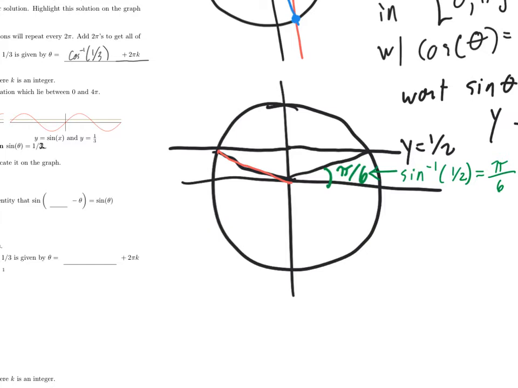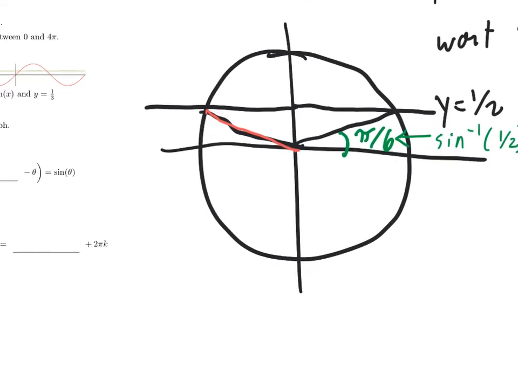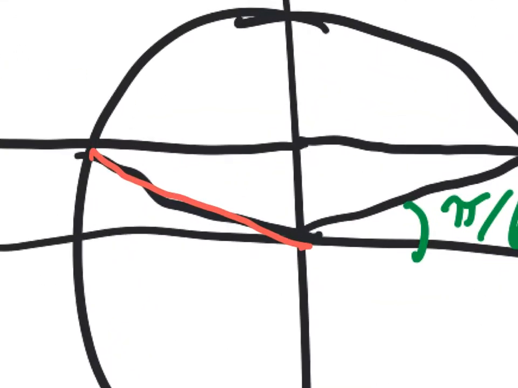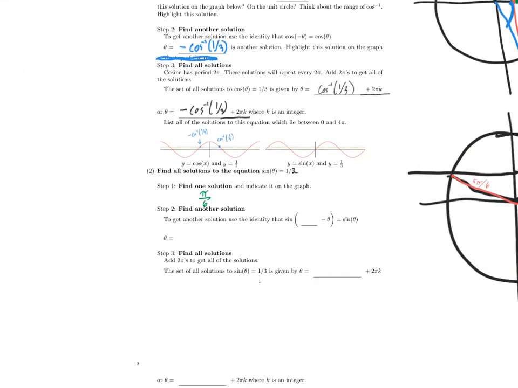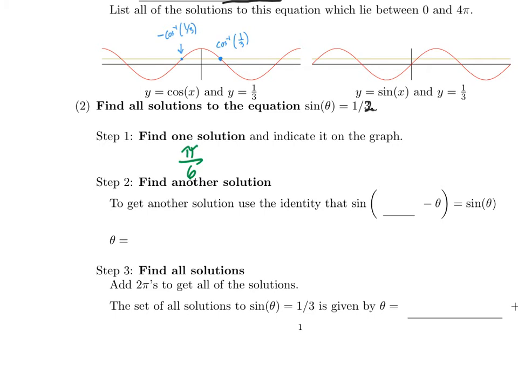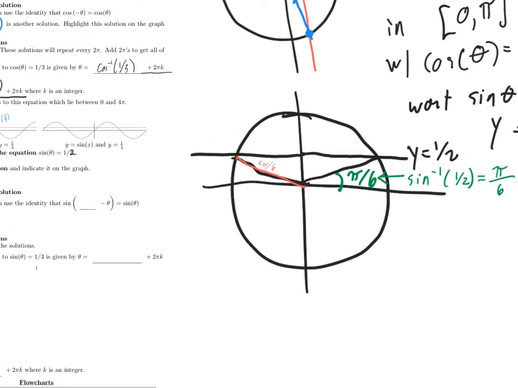So this other angle, those of you who looked at the unit circle will say, well, I know what that angle is. This is an angle of 5 pi over 6. So a second solution to this equation is given by 5 pi over 6. Or, if you want the version in full generality,